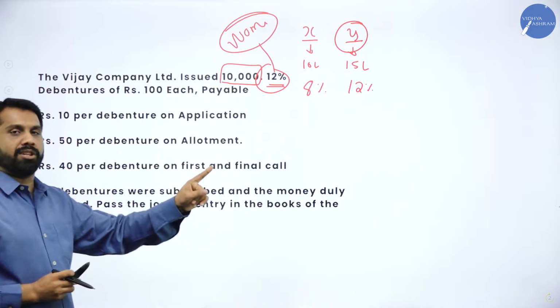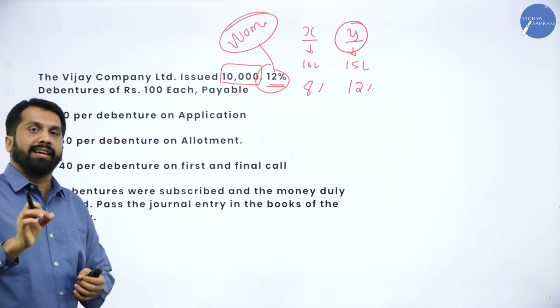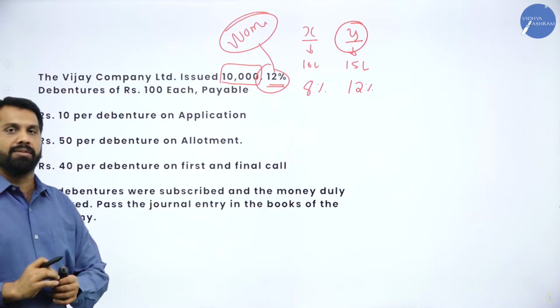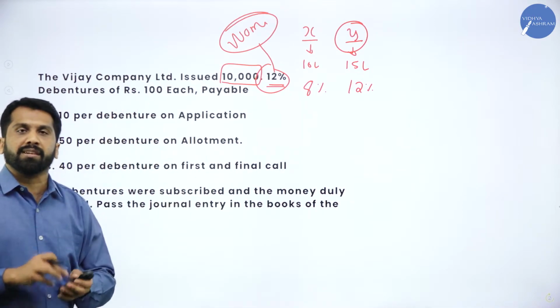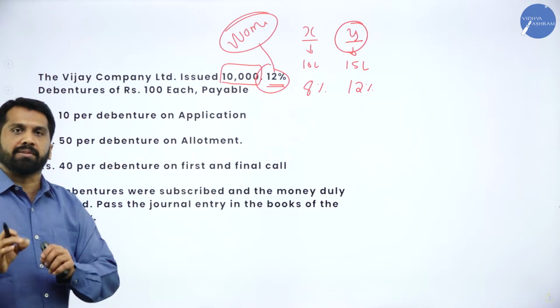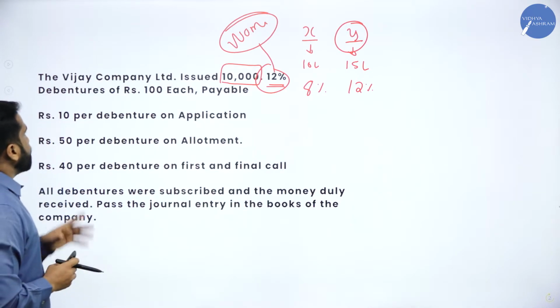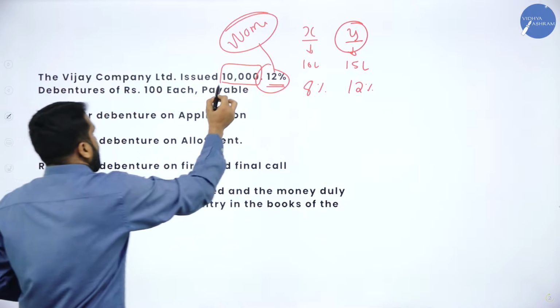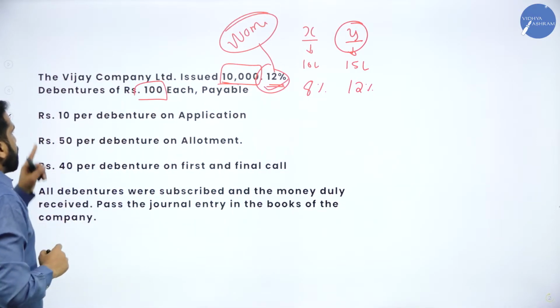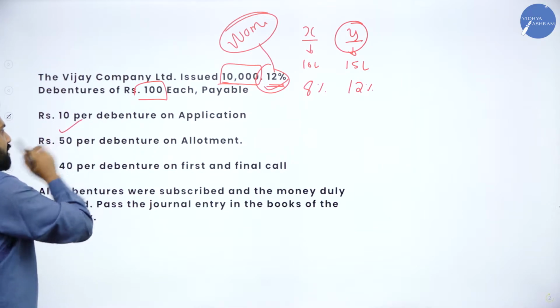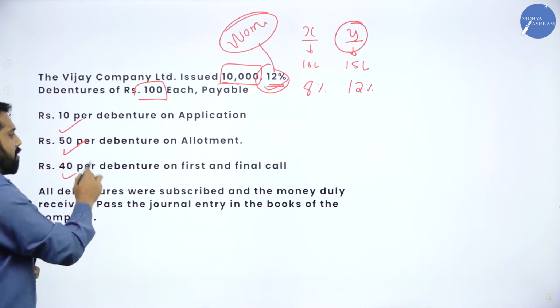Wherever you write debenture account, remember you should write 12% debenture account. If the problem is about 8%, you have to mention 8% debenture account. Hope you understood. Yes. Now, 10,000, 12% debentures of rupees 100 each, payable 10 on application, 50 on allotment, 40 on